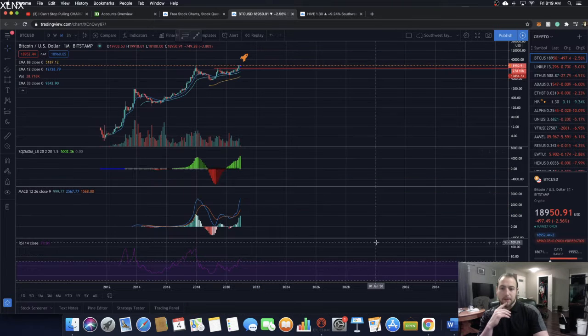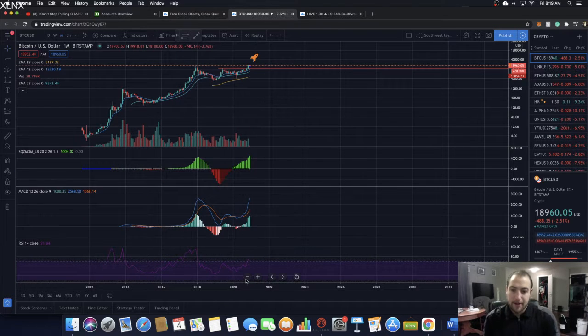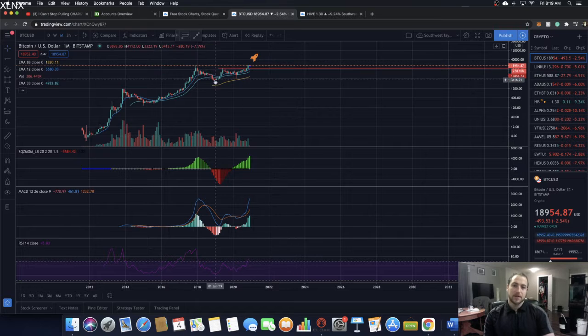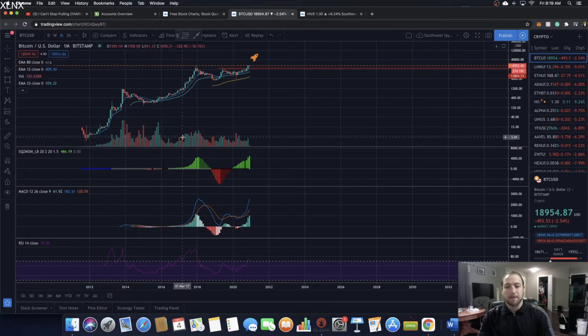Some of it's just the familiarity with the software, but the other day we were talking about RSI, and the way that I would use it is it's kind of like these momentum things and the MACD. They kind of signal the shifts and turns, and the bigger time frames